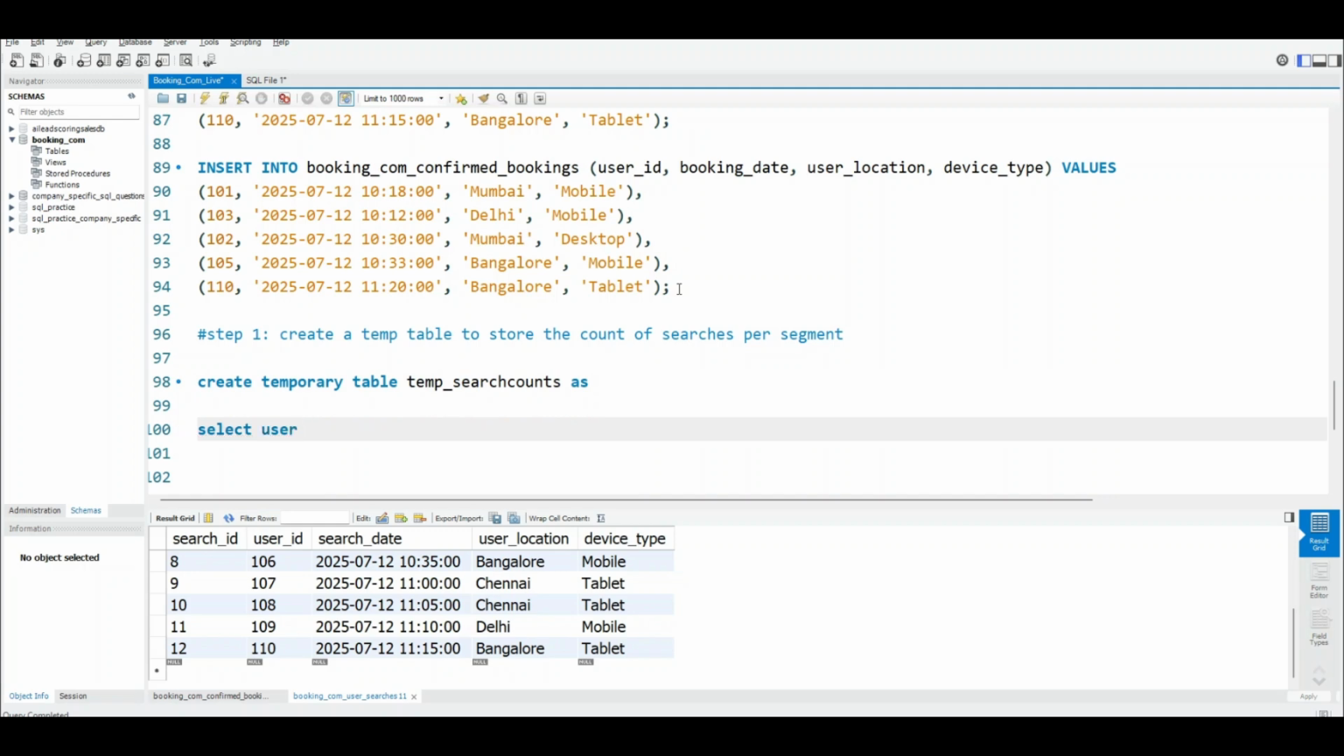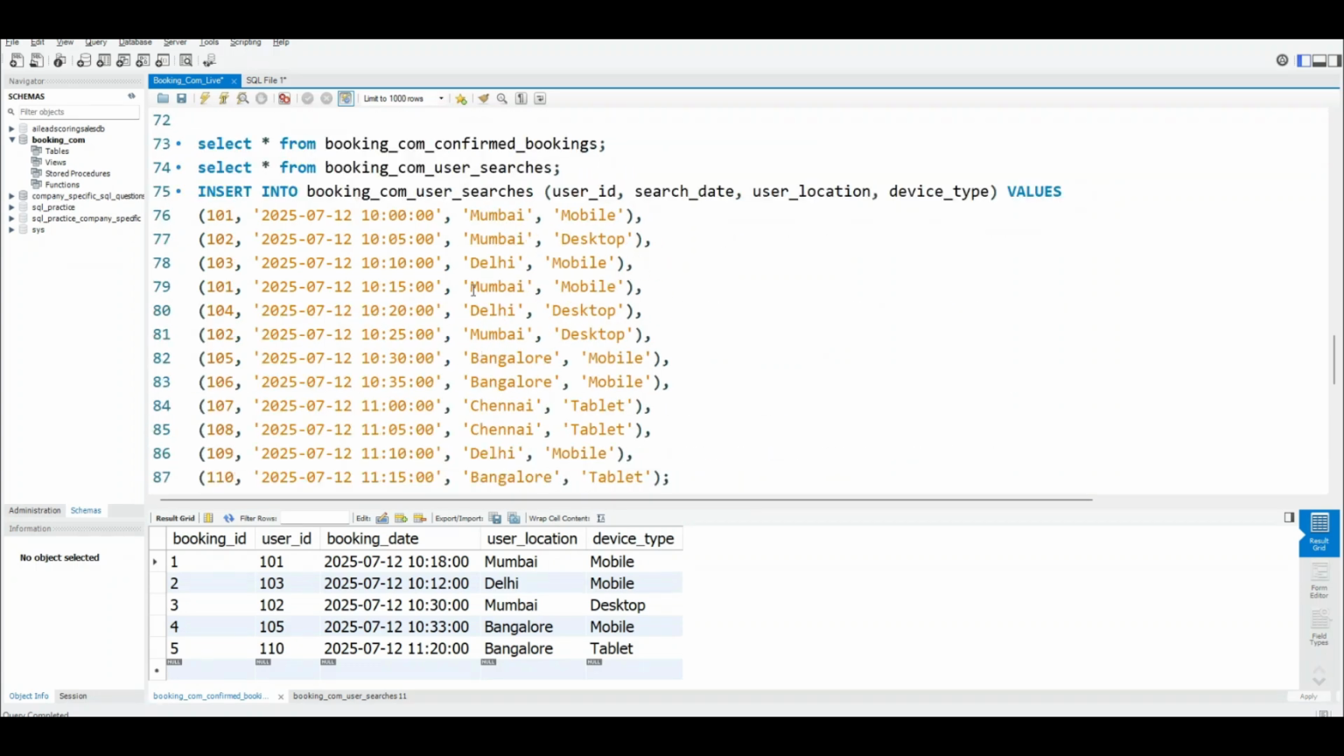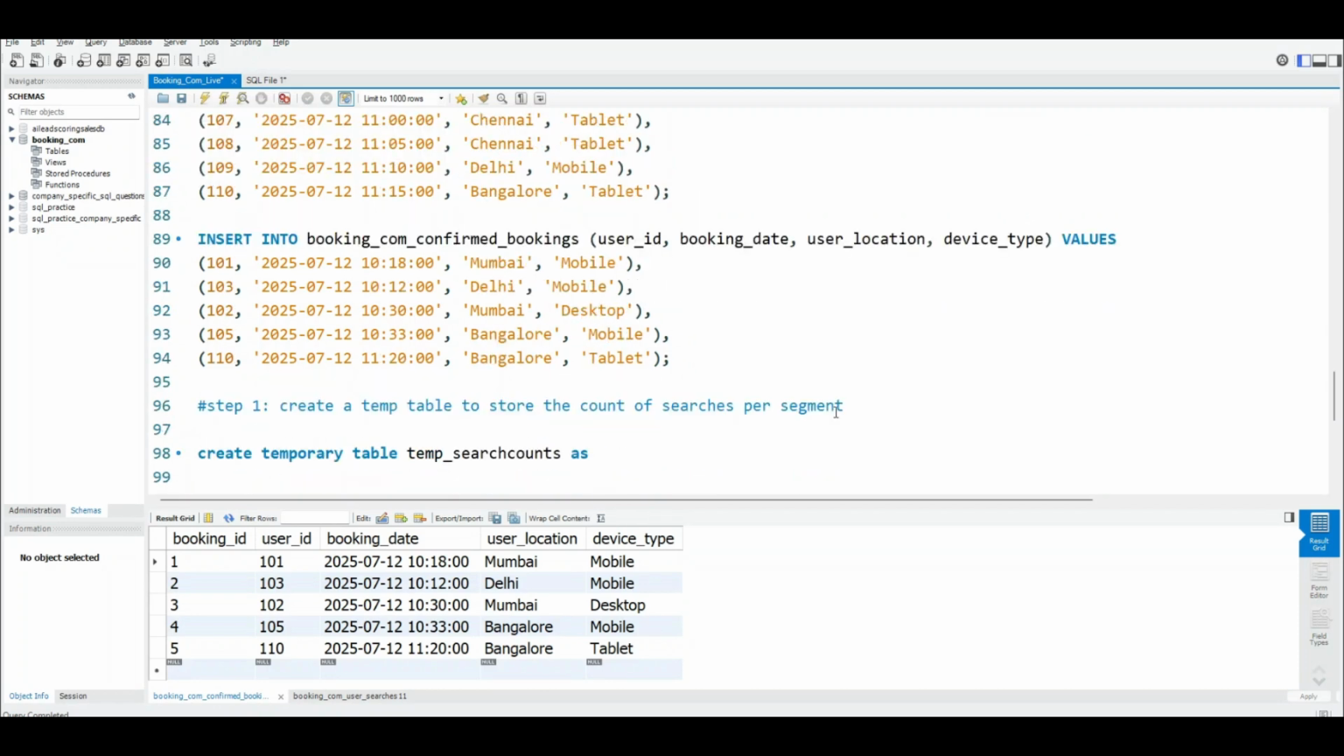So what I'm going to do is take user location here, basically city. Okay, user location comma device type and then count of star as total searches, because we need to know how many searches they have done. Okay, from where? From the first table. What was the first table? It is booking.com user searches, as booking.com user searches, group by,